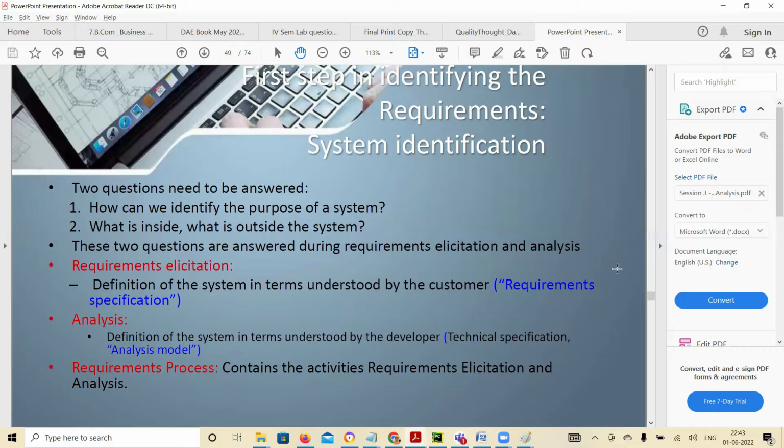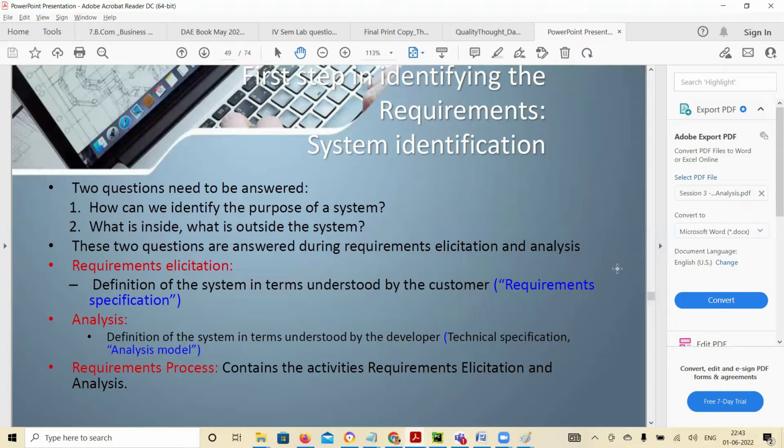When you know the purpose, that's when you can add new features. And second, what is inside and what is outside the system? Inside means what you need to develop, and outside is something that is out of scope,